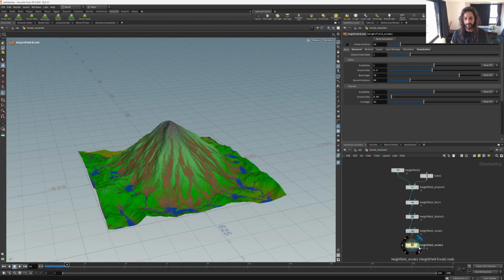And the idea behind this node is, well, what if we took this terrain and we applied several months and years worth of rain and wind and natural phenomena to further change the look of this mountain, not in any type of random way, but in a more natural way that natural water, I suppose, would